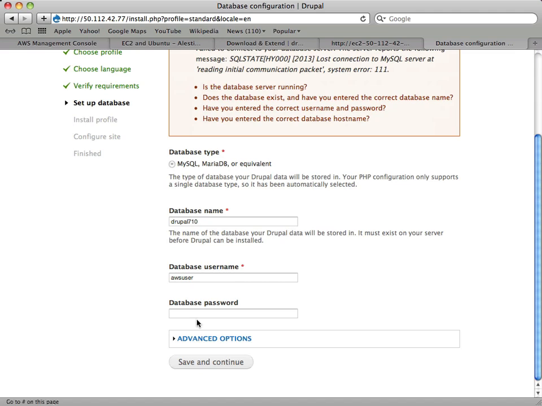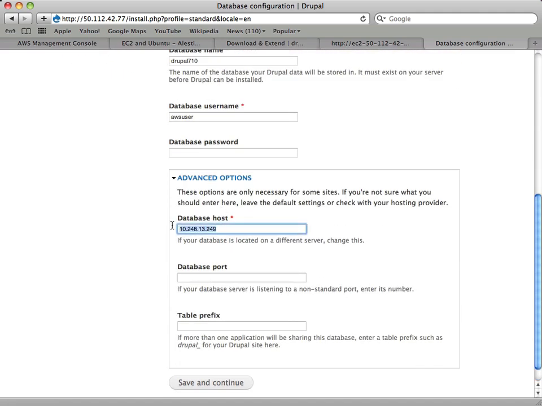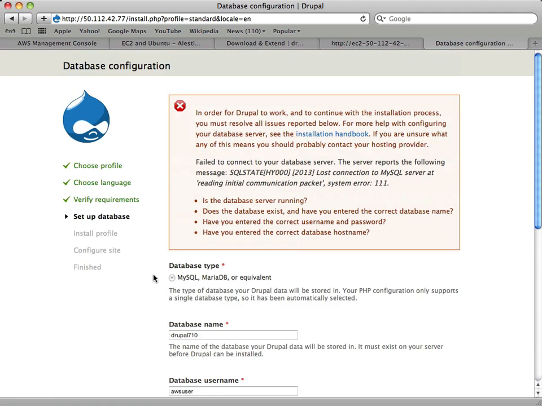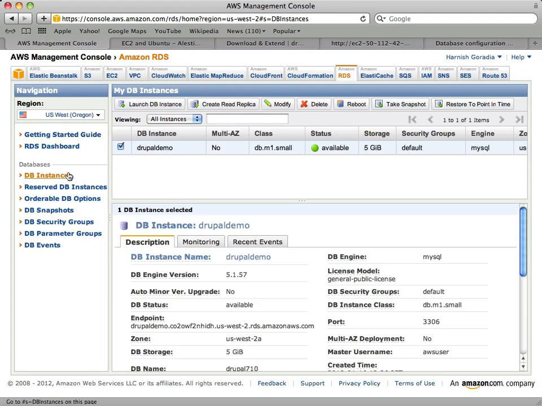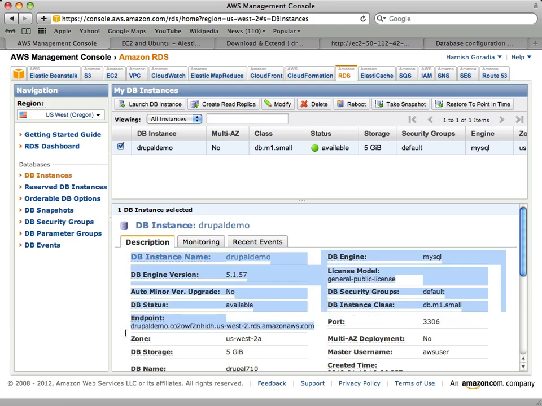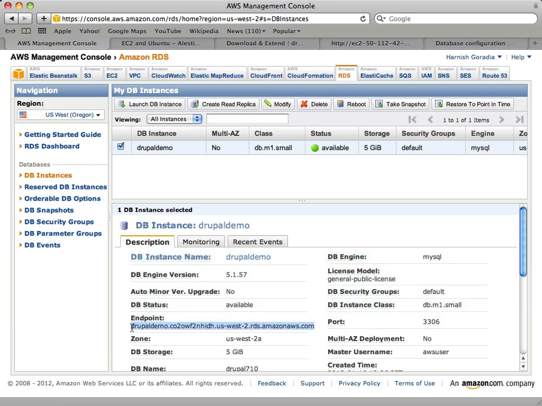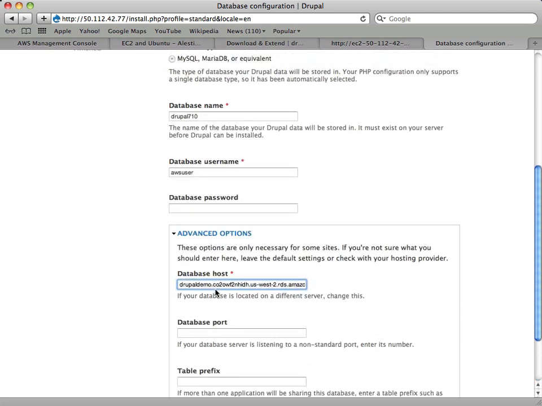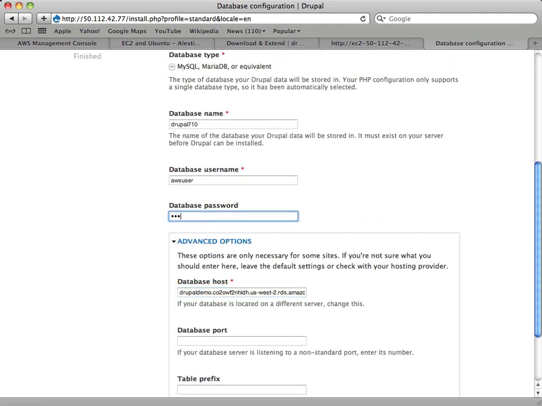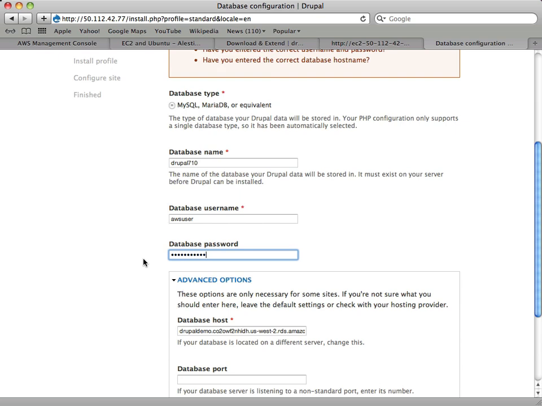Well, in that case, it's not connecting to the database. Let's try going through this. Okay, Drupal demo. Database name Drupal 7.10, I think that was it.